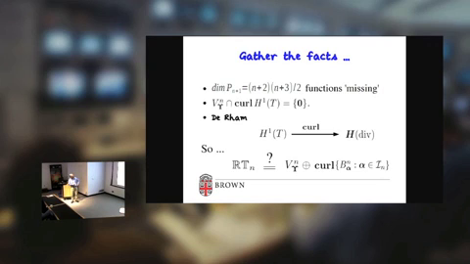The de Rham part of the de Rham diagram tells me that if I take the curl of H1, I get something in H(div). So what I would expect is that Raviart-Thomas should be these magic functions, these generalized Whitney functions, plus the curls of the basis for H1. So it's saying you take the basis that I've just talked about before,